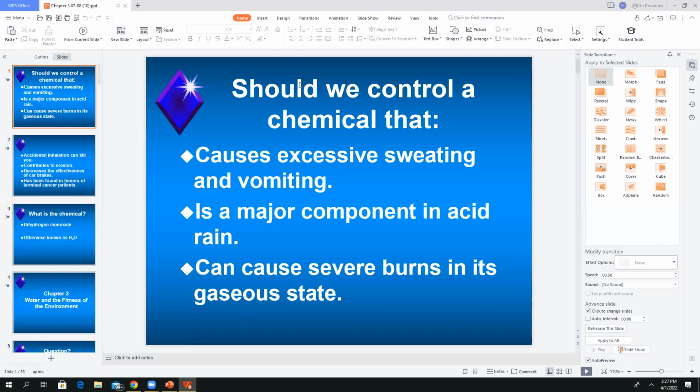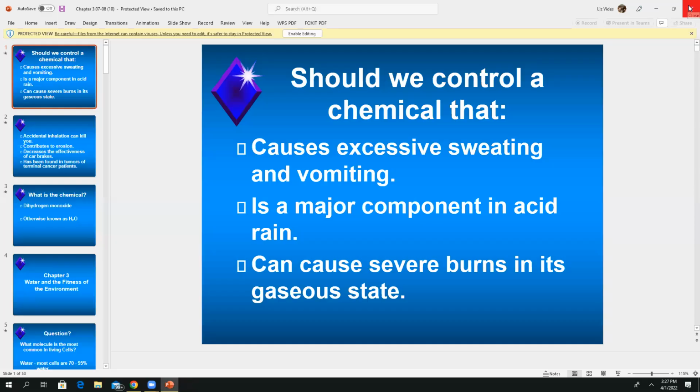And just so that you remember, all these properties make water a very versatile type of solvent and a very wonderful thing for us that we have water on this planet. Otherwise, we could not live on it. Neither could any other organism. So there you go. That is the end of our